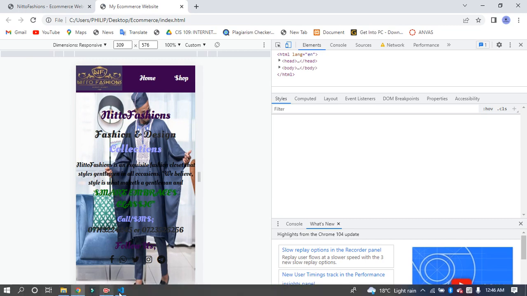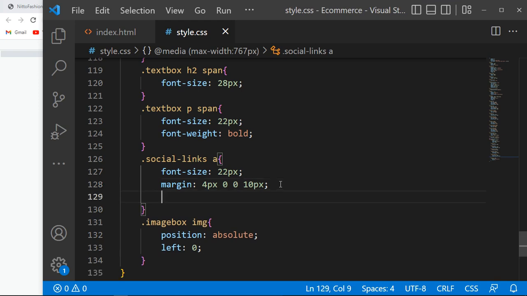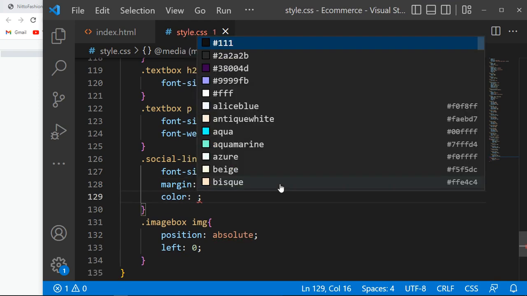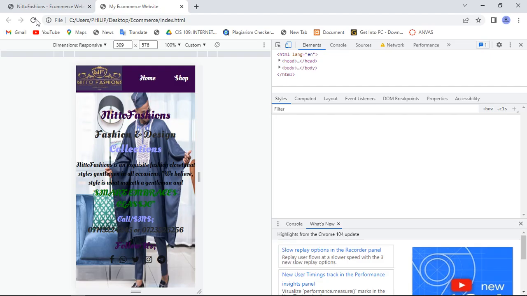Okay, with that you can also change the color of the icons here. Color of the icons to be just a pure white. Okay, so this is how it is appearing now. But you see now the nav links here are appearing bad, so you just need to style them and add